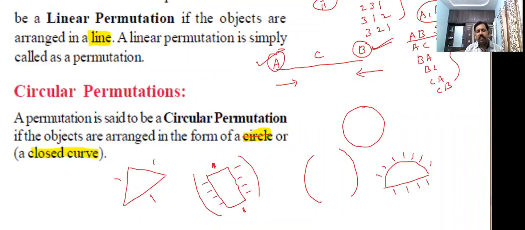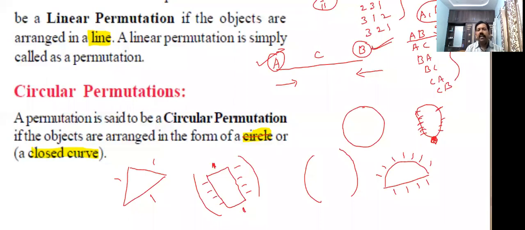A permutation is said to be a circular permutation if the objects are arranged in the form of a circle or closed curve. And garland of flowers. Flowers, you know that. Garland of flowers means they will arrange like this. This is one flower design. Here red color, here yellow color, like this. And chains of beads, necklaces,